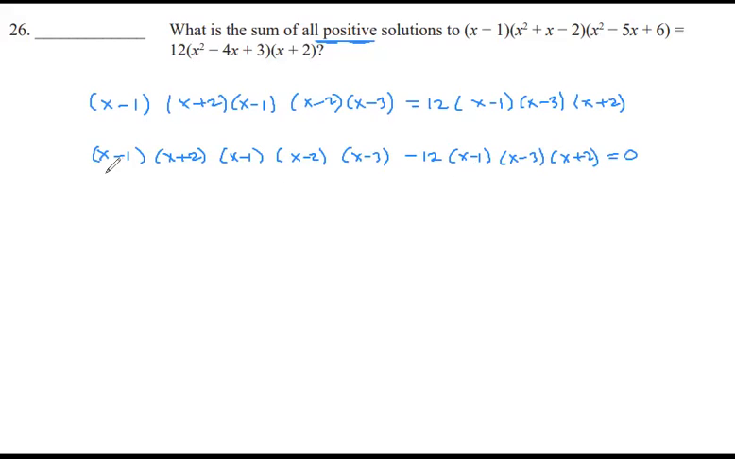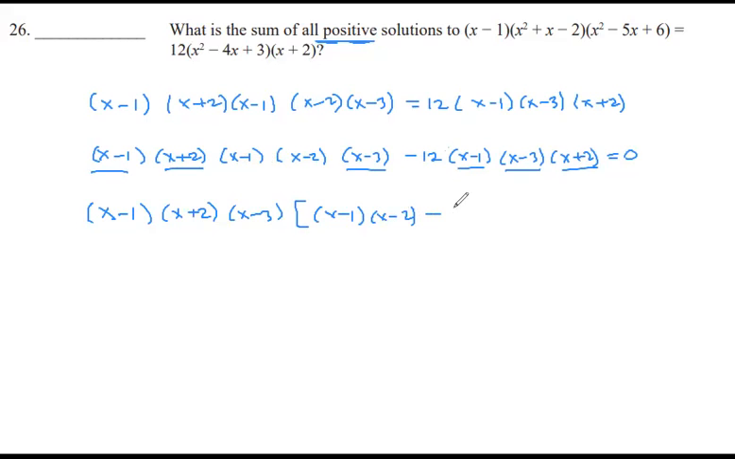So now we do have some common terms. x minus 1 is common, and x plus 2 is common, and x minus 3 is also common. Which means we can pull these binomials out as a common factor. If I pull these out, x minus 3, then the remaining part that will be left over, of these 5 binomials, I pull everything except these two. So that should give me x minus 1 and x minus 2, and then minus 12, and I took already these, so that should be